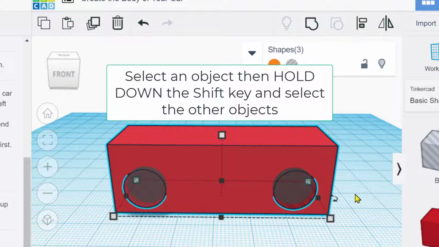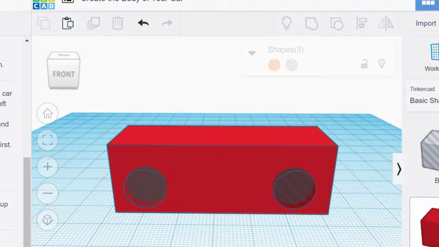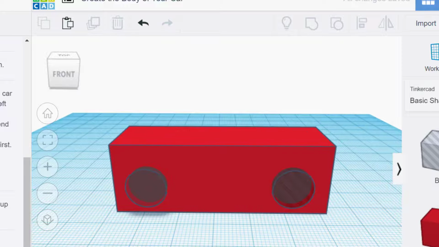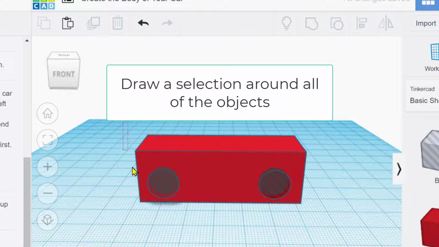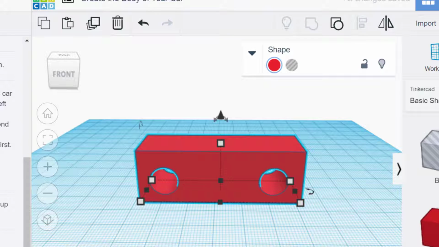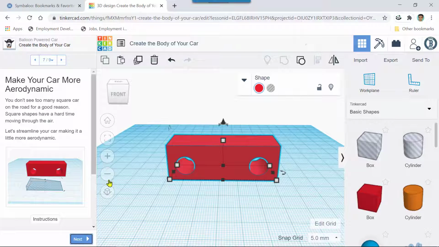Okay. Again, I can never get it to do what I want. So, alright. And the second way, which I prefer to do, is to draw a selection around it and then group it. And continue to the next step. Okay. So,